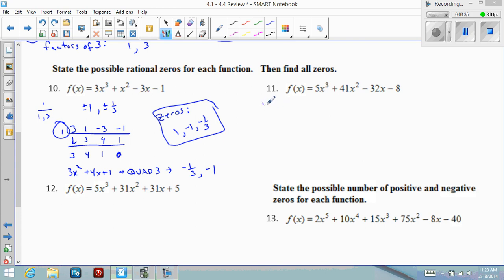Number 11, I have to make my list of possible rational zeros again. So factors of 8, 1, 2, 4, and 8. My factors of 5 are 1 and 5. So when I do this, I'm going to get a list which is positive and negative 1, positive and negative